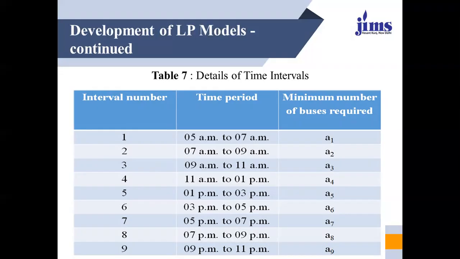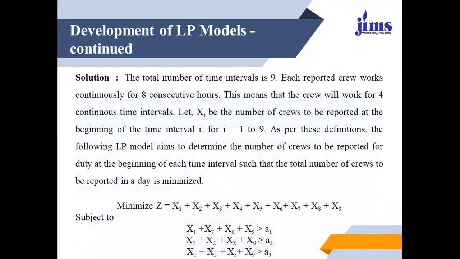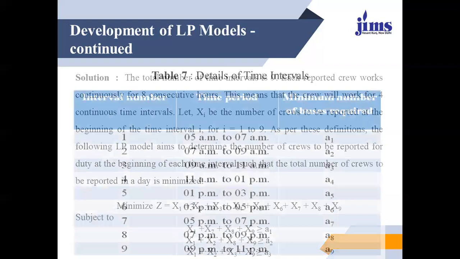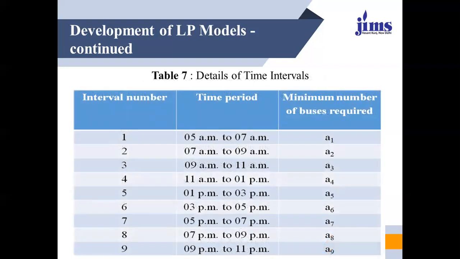Up to 7 p.m. he will work and then he gets a break, and for that he is getting some allowances also. So this x1 plus x7 for his 6 hours ends at 7 am. So, plus x8 plus x9, because whoever works comes at this period or this period, he will also stay there. So x1 plus x7 plus x8 plus x9 will be